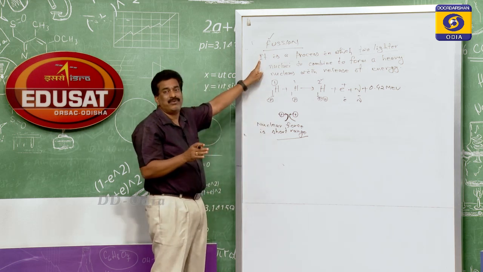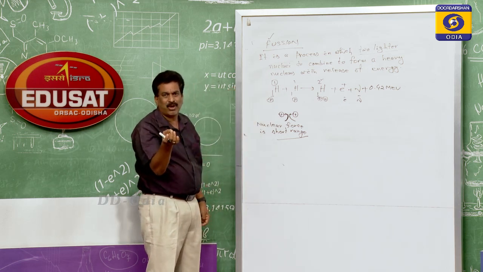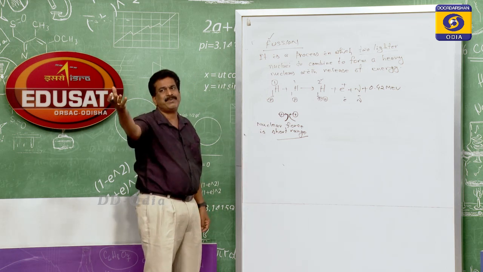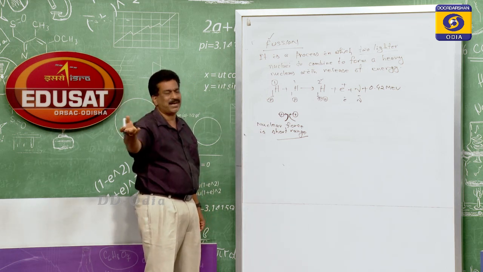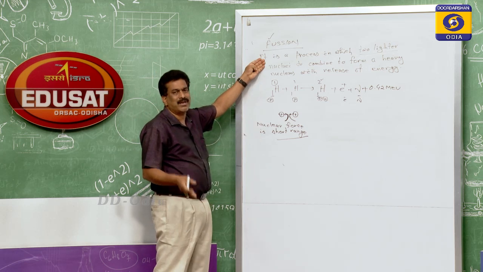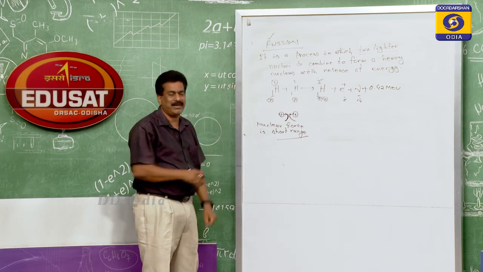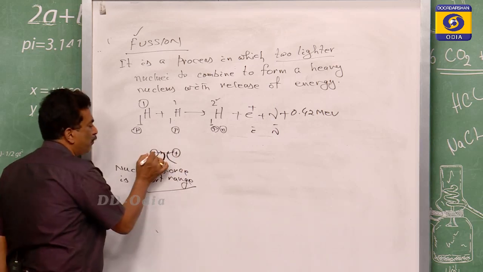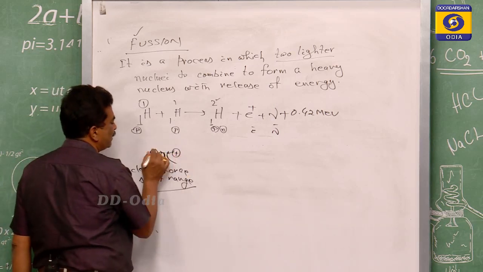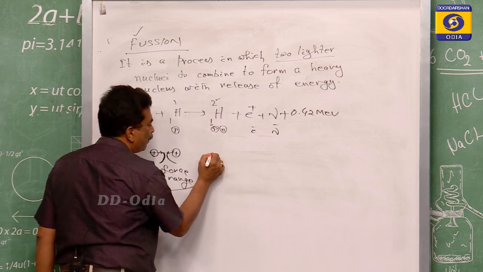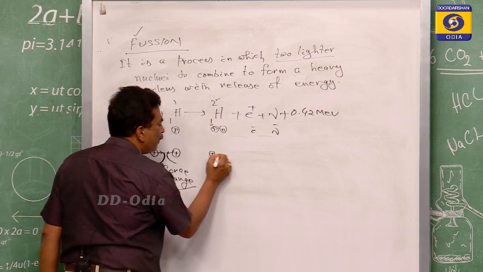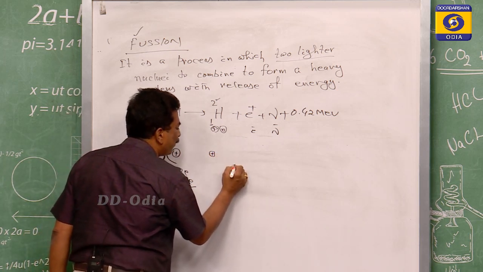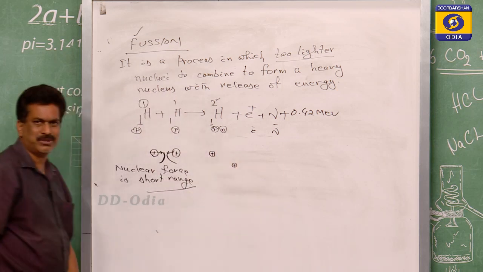As for the fusion one, if we give a thermal energy, then the reaction will start. But for the fusion, it will not start directly. So for that, what do we have to do? Suppose of these two charged particles, one of them is to be taken away, and we have to shift it to another position.